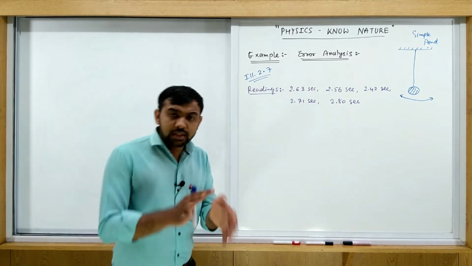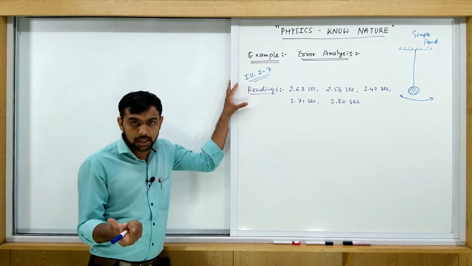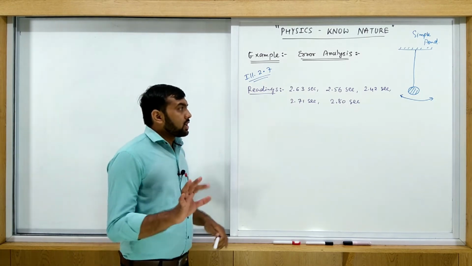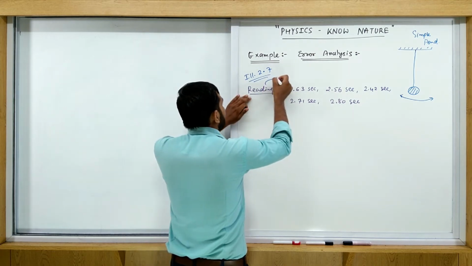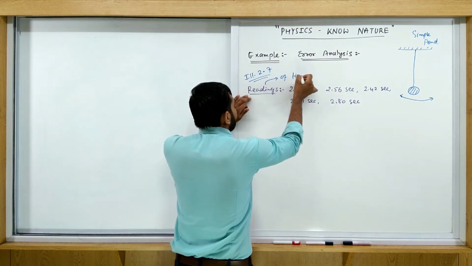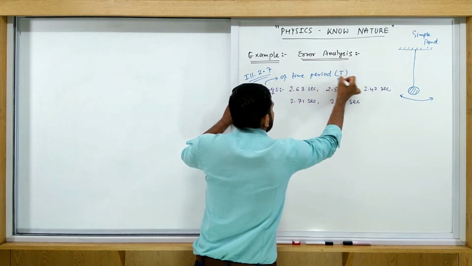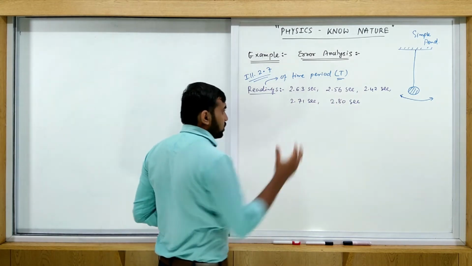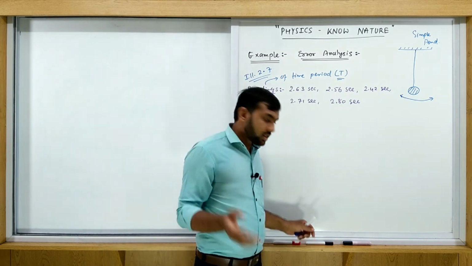As we discussed in theory, if we consider any physical property A and measure this type of quantity, generally time period is denoted by capital T. So this is the reading of time period. First find the mean value, because if you want absolute error, you require a mean value. Mean value is considered as a true value.